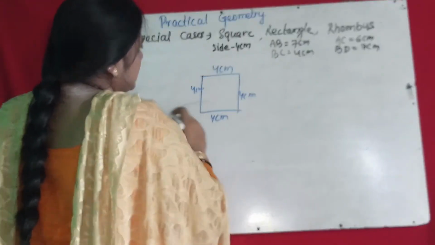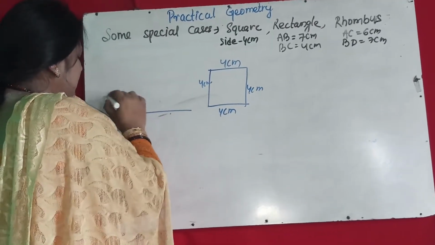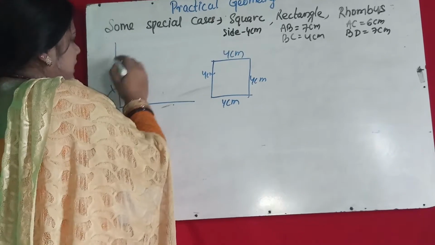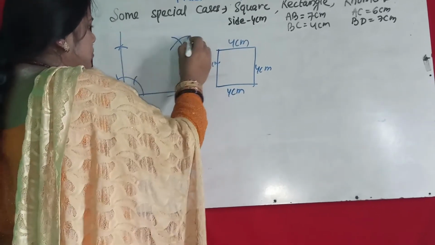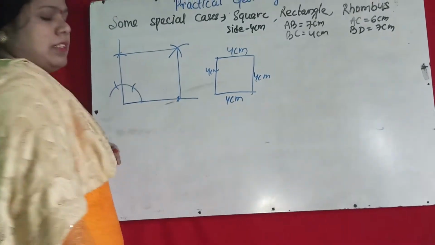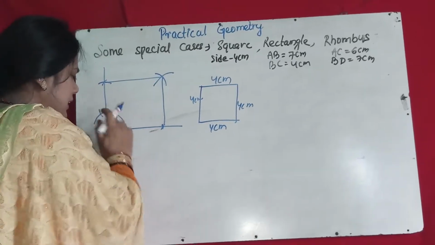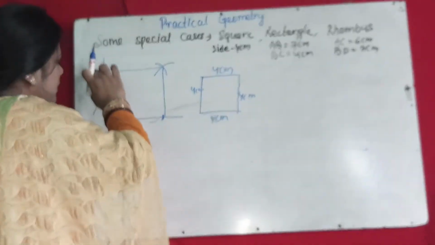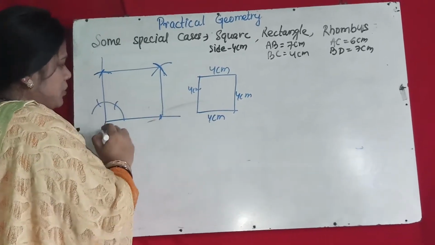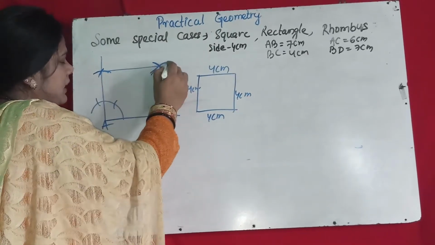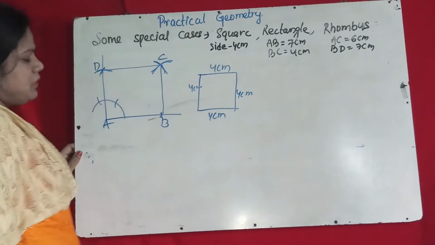Okay, so 4 cm means you just take 4 cm, take 90 degree, all angles are 90 degree. Here again 4 cm cut, from here you take 4 cm, again from here you take 4 cm, over. It is a square. So first 4 cm, draw 90 degree, again you take 4 cm with rounder, you draw an arc, from here again another arc, from point B again an arc, so you will get 2 points, join A, B, C, D, you get a square.